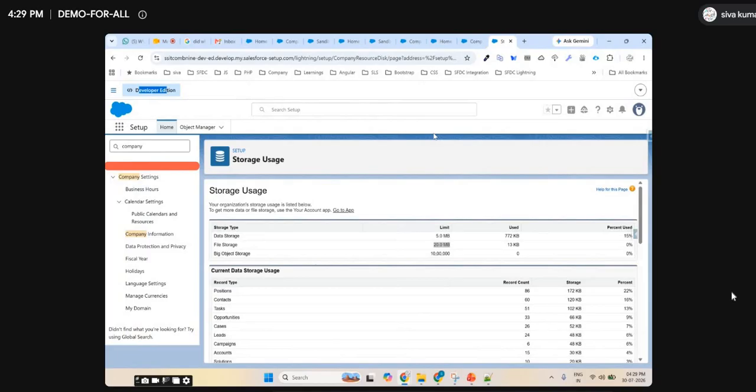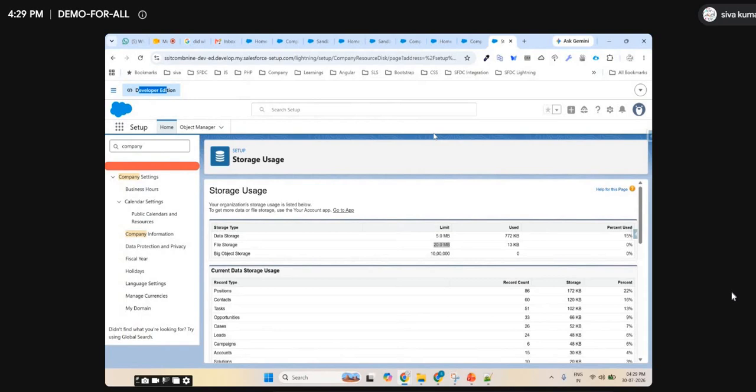Same way here also. What you can do in the developer edition, you can develop any feature, extension, or version which is not available in Salesforce. You can put it in the App Exchange. Just like we have the Google Play Store, we have the App Exchange. In the App Exchange, you can put your product and sell it. My company is one of those.